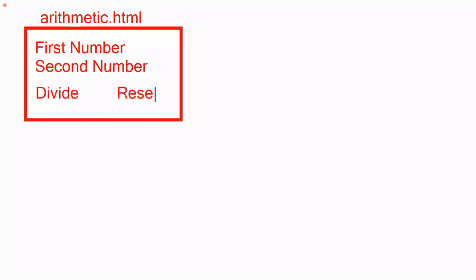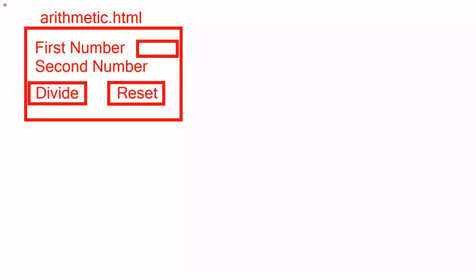First number, second number, divide, reset. It is submit button only. I'll write like a divide. Here first number accepted, second number accepted. Whenever you click on divide button,